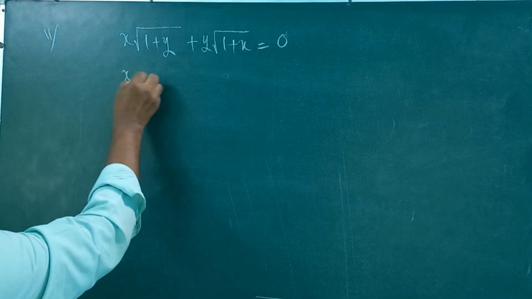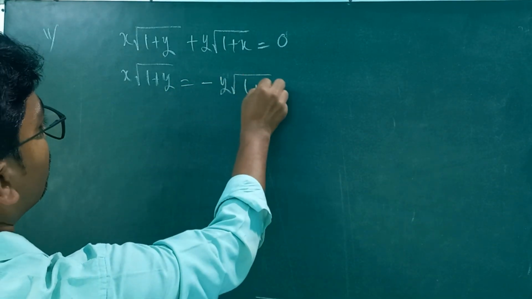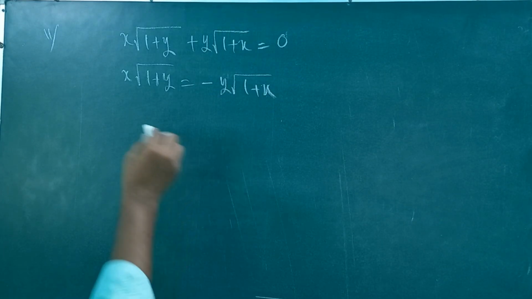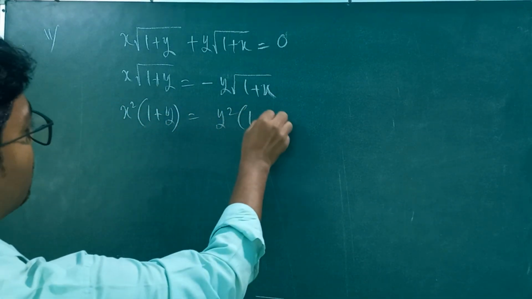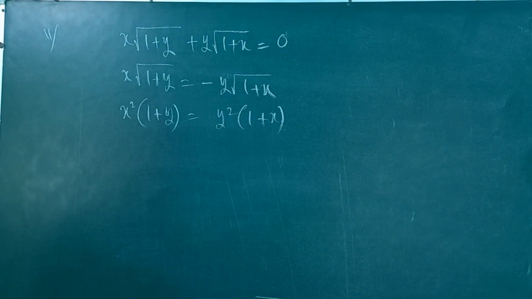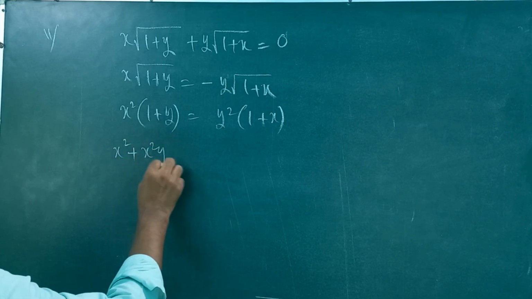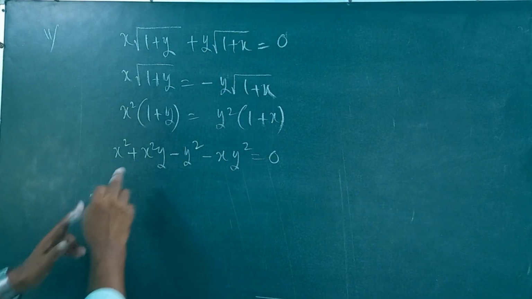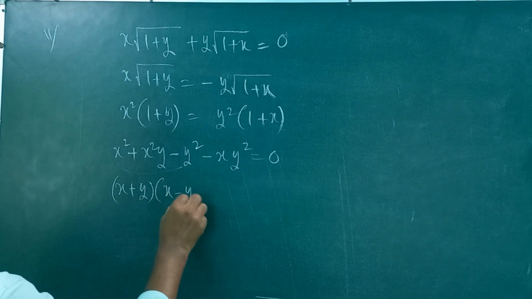First of all, we shift this to the right side, that is y root over 1 plus x. Now square both sides. If you square both sides, this one x square plus 1 by y, this one y square 1 plus x. Multiply them and take all the terms to the left side. Then what we will get? x square y minus y square minus x square equal to 0. Now factorize them. Simple, just rearrangement. (x plus y) into (x minus y)